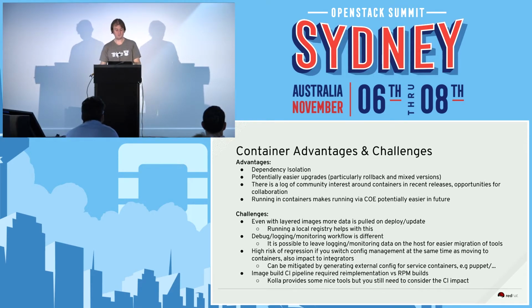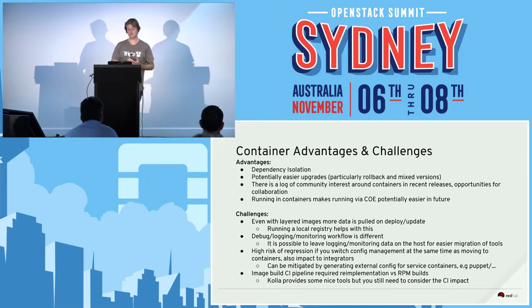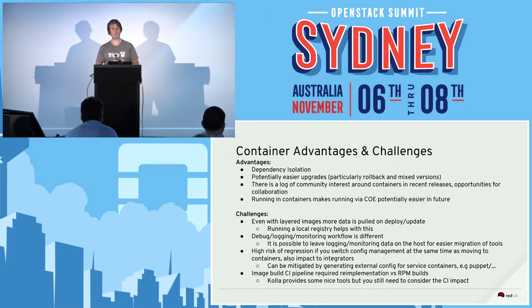There are a few challenges which we run into, and one is that because of the isolation, even with layered images, you end up with quite a lot of data to download when you're doing major upgrades. And when we're switching from the bare metal environment to the containerized environment, you need to download all of the containers in one hit prior to doing the upgrade. So we've built in a system which allows you to run a local Docker registry on the undercloud, which is the provisioning node part of OOO. Obviously, you could run another local Docker registry as well. There are also a few changes around the logging and monitoring framework.